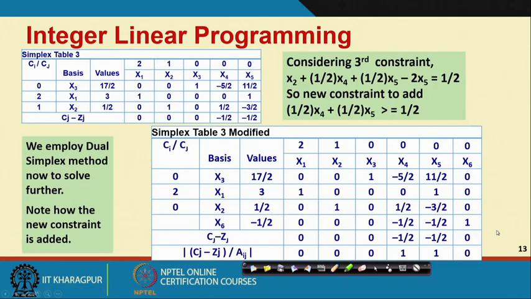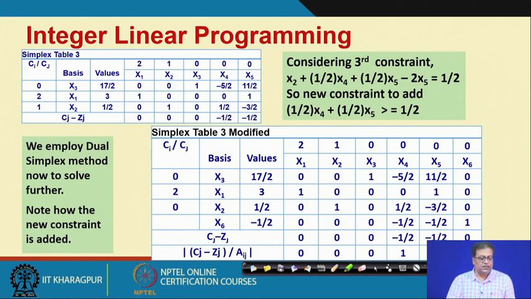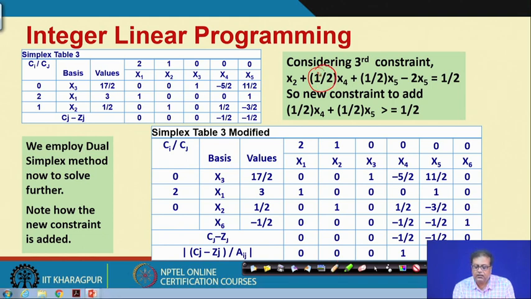Now, using that again we have to see the values with the maximum possible fractional value. Again we have a tie. So, anyway we have taken the third constraint. So, it is half. So, this half will remain and this minus 3 by 2 can be written as half x 5 minus 2 x 5. So, this half is the positive fractional part. So, the new constraint to add will be half x 4 plus half x 5 greater than equal to half.